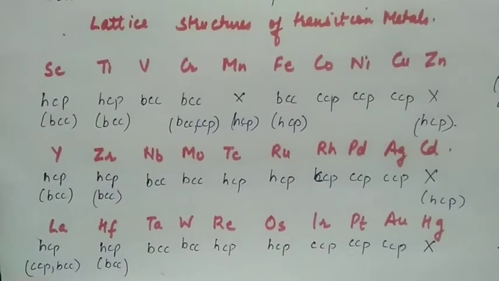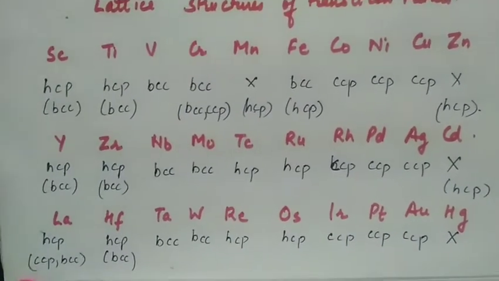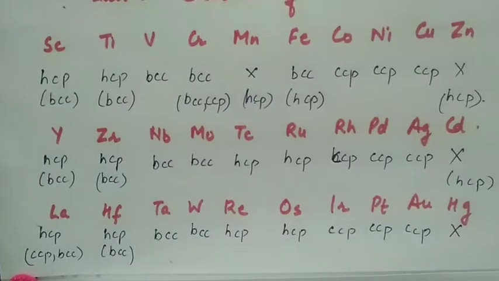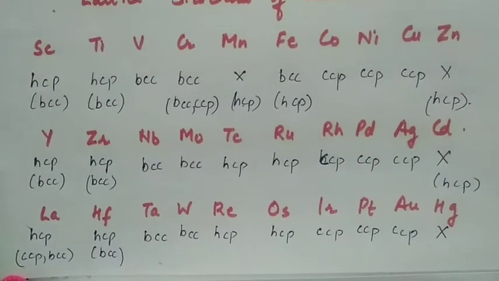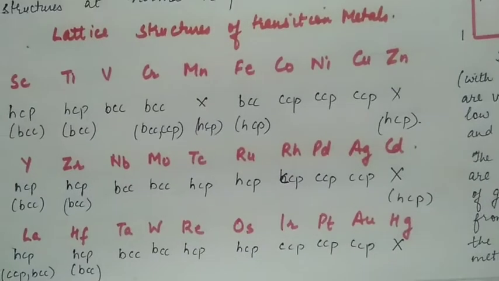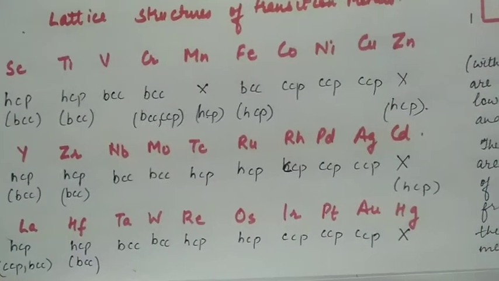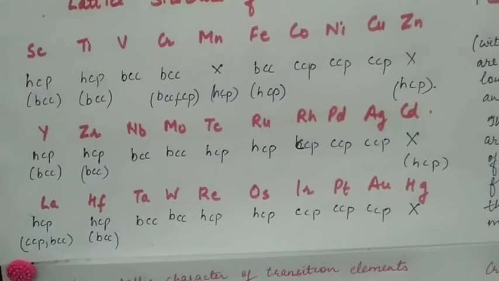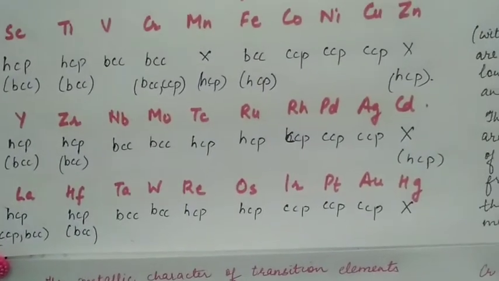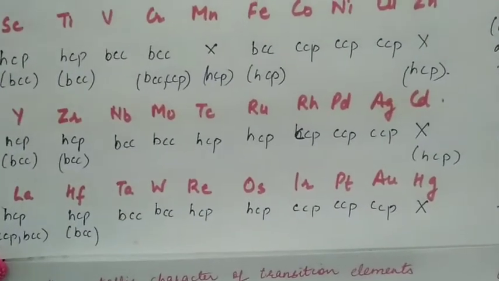For example, scandium shows hexagonal close packing and body-centered. Titanium also. Vanadium shows body-centered cubic structures. Chromium, all body-centered and cubic close-packed. Manganese shows hexagonal close-packed. So all these transition elements, first series, second series, third series, they are showing typical lattice